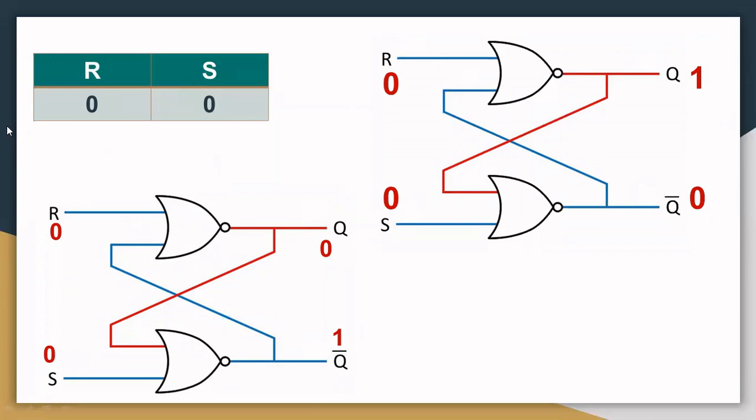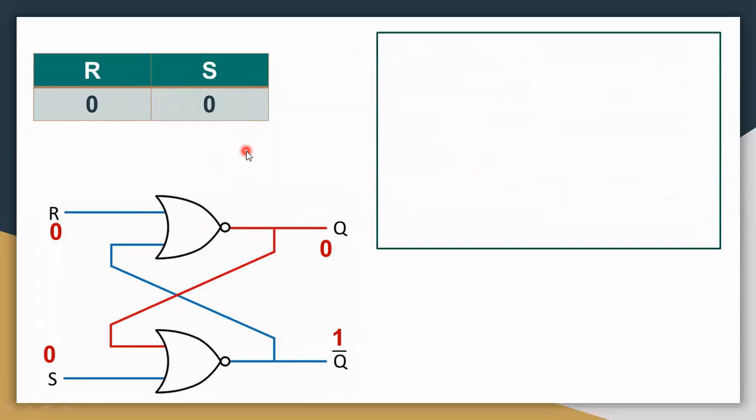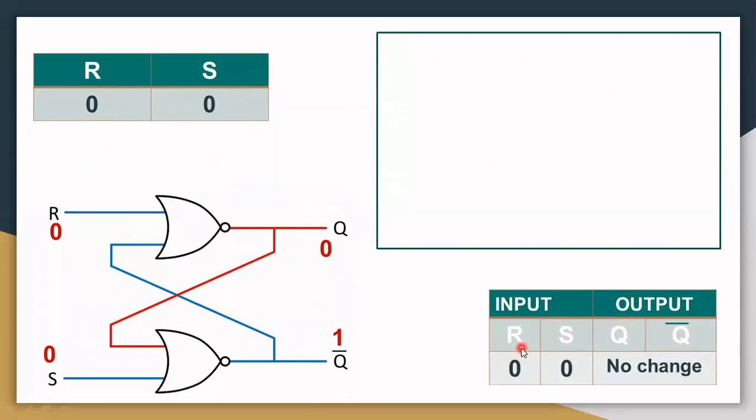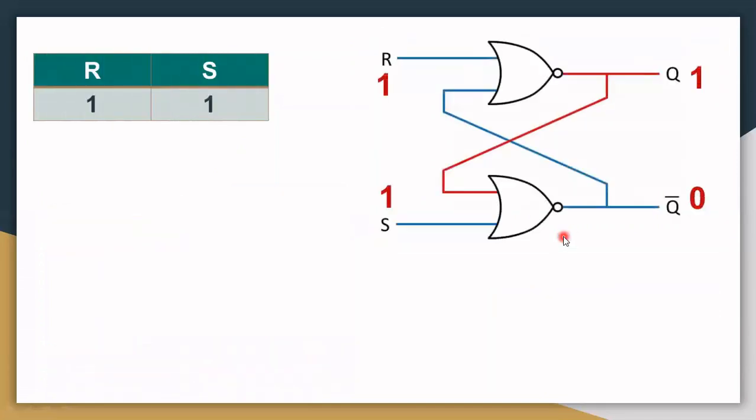That means when I am giving R is equal to 0 and S is equal to 0 to the SR flip-flop, there is no change in the outputs. So, when R is equal to 0 and S is equal to 0, no change in the outputs. And the last condition,